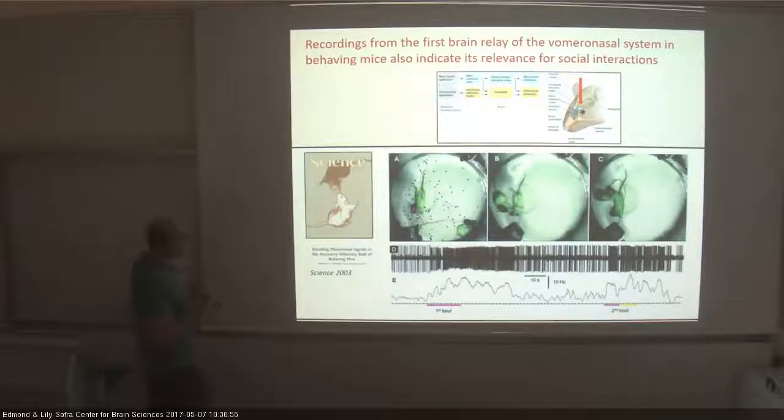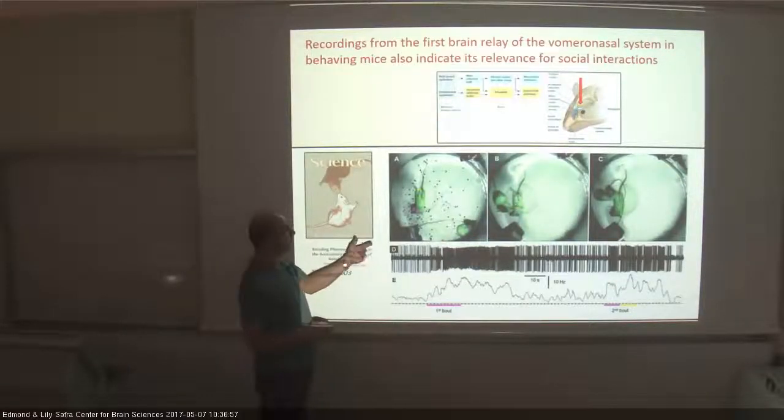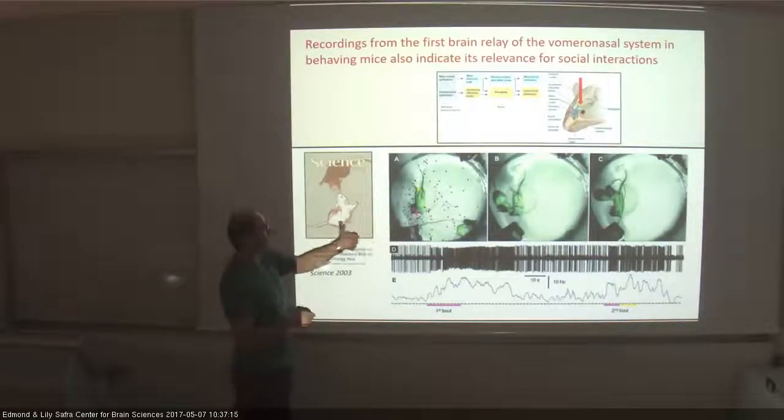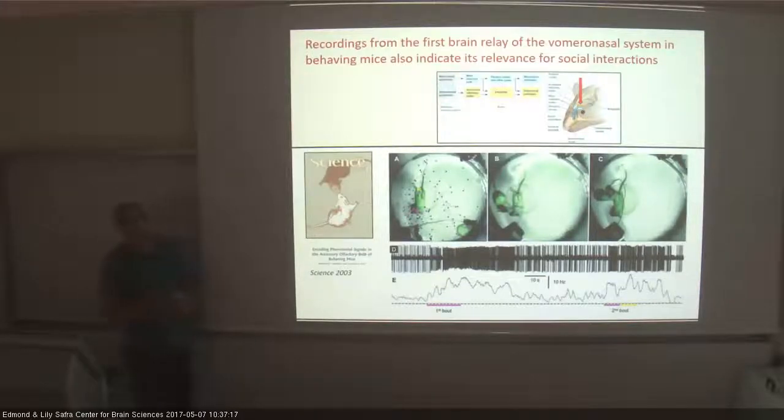One of the drawbacks of this kind of approach is that you don't really know when the VNO was activated, because we don't have a direct measure to know when there's actually uptake, when there's actually suction, and we also don't know what exact ligands activated the neurons. Right? In the facial region, there could be various sources of stimuli, saliva, or maybe tears, or something else. And the same for the rear region. So this was a very important study, but it had the limitation of not allowing a systematic analysis of the